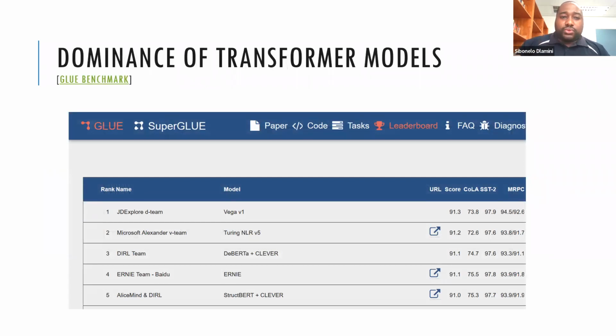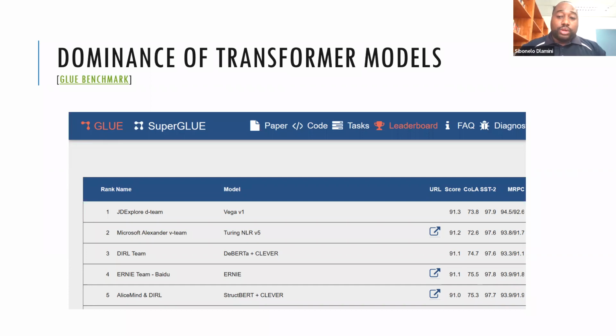Now, just to go back to and further make my point about the dominance of transformer models, the great thing about NLP, and a lot of machine learning sub areas have this as well, I know that computer vision has its own benchmarks as well. And in NLP, we've got our benchmarks. And here we have the GLUE benchmark, which is a bunch of tasks that have been put together. And if you develop your own transformer model and you think it's so great, it's the best in the world, then you can submit